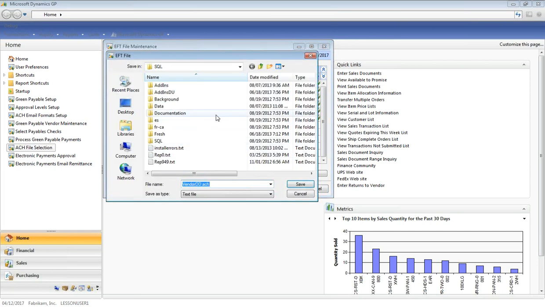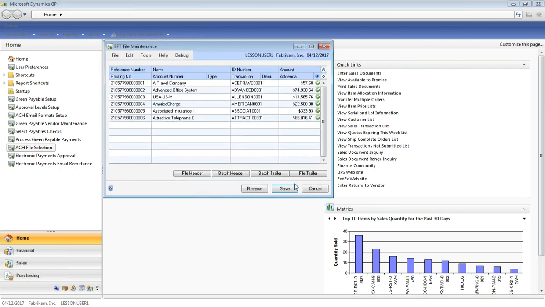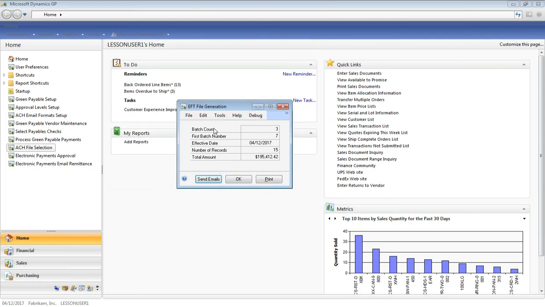When I save it, it's going to ask me for where I want to put the file. I'm just going to leave it here. What we recommend is that you would put the file in a folder that is encrypted by the file system, so that you don't have any unencrypted EFT file on your system. Okay. So if I save it here, now I get back to the same